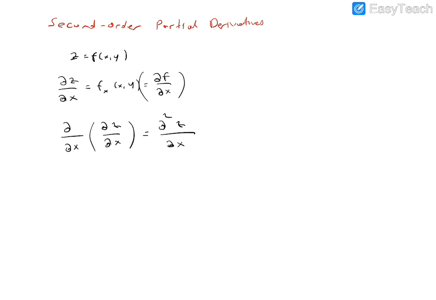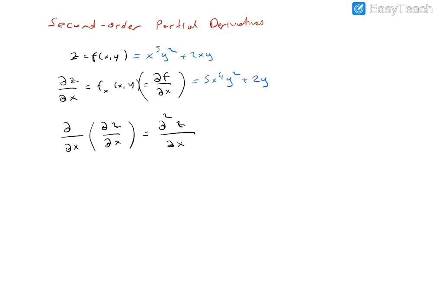So this is the second partial derivative with respect to x and x. For example, if this function is x to the power 5 y squared plus 2xy, then the derivative of z with respect to x, where y is constant, is 5x to the power 4 y squared plus, here the derivative of x is 1, so 2y.